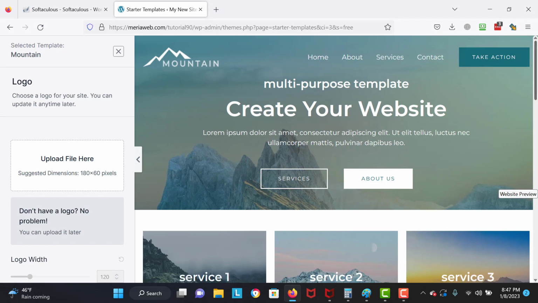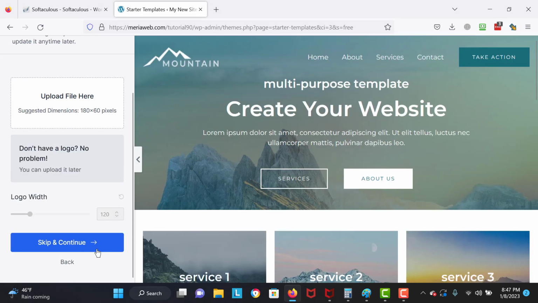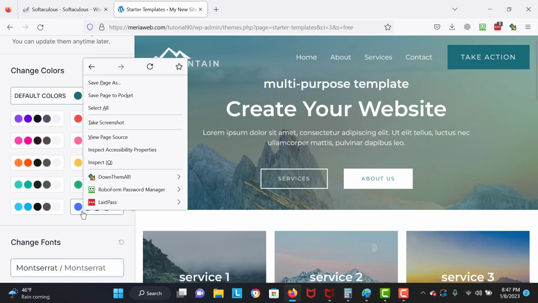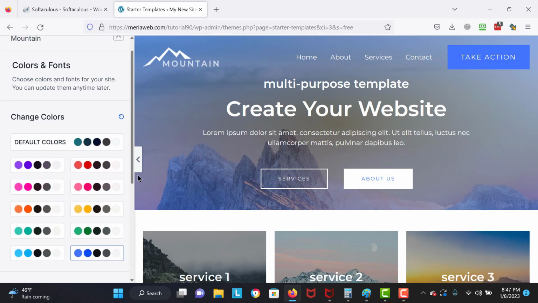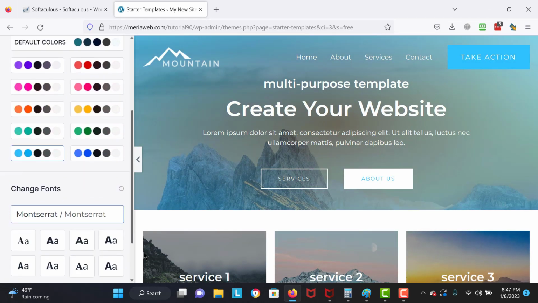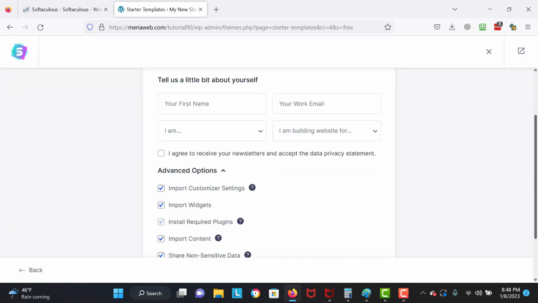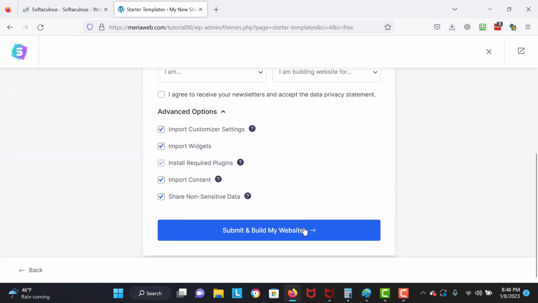Whoa, that's fast. You have created your very own website right now. So I'm gonna click on skip and continue. You can select some primary colors for it. So right over here, in orange, in pink, in yellow, in blue, in all kinds of stuff. So it's really useful. So I'm gonna scroll down, and I choose the default layout. Okay, the blue one. I click on continue, and they ask a lot of information, but you can skip that